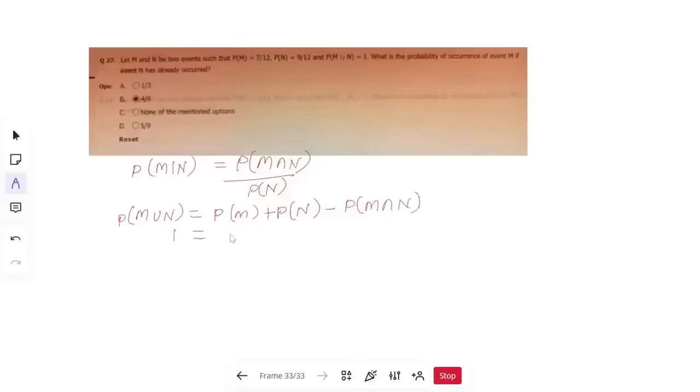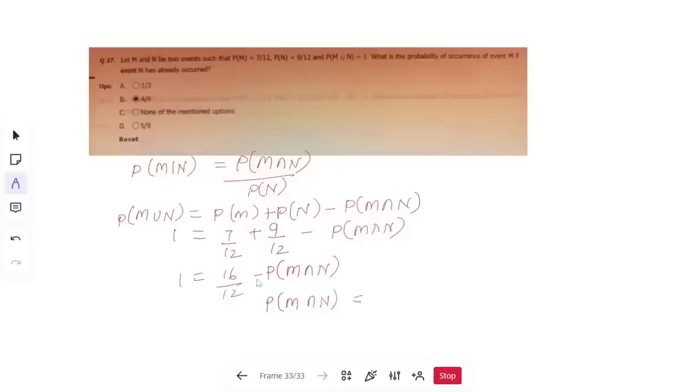See, probability of M is given to us as 7 by 12 plus 9 by 12 minus probability of M intersection N. Then this one we will solve. We will get 1 is equal to 16 by 12. Then we are substituting the same values, and finally solving it, we will get the value as